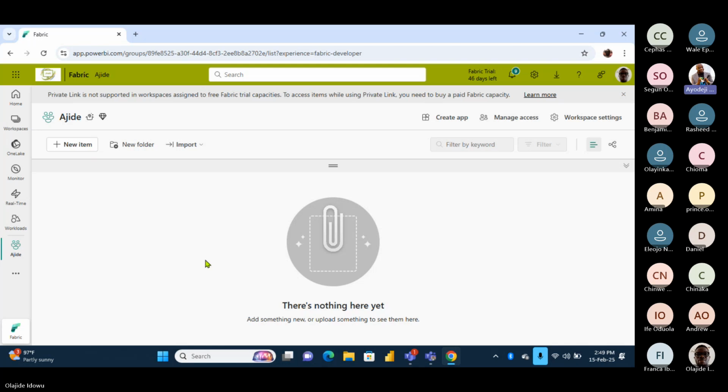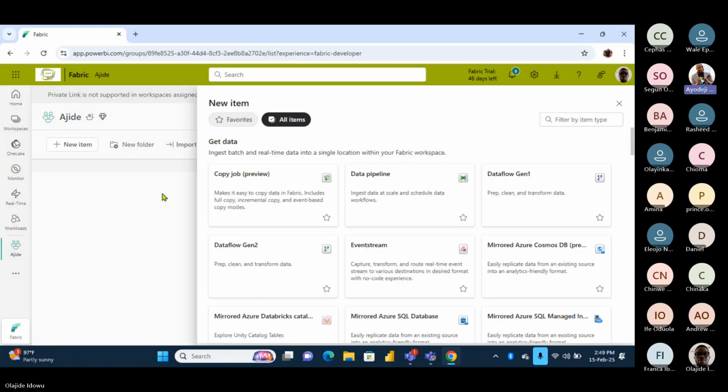Okay, I'm waiting for the workspace to load. Good, good. I can see AGD. That is the name of the workspace. Now we want to quickly create a lake house. I need a lake house. Yeah, click on the new. I already did actually. Oh, you've done that.